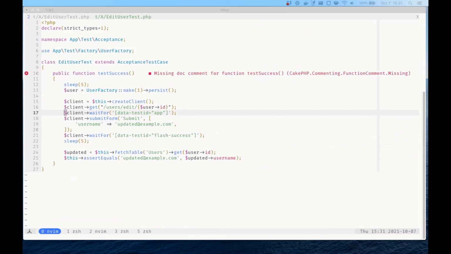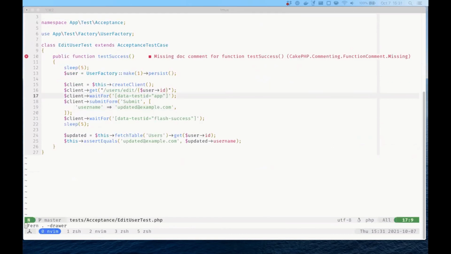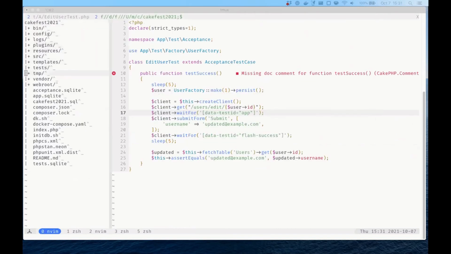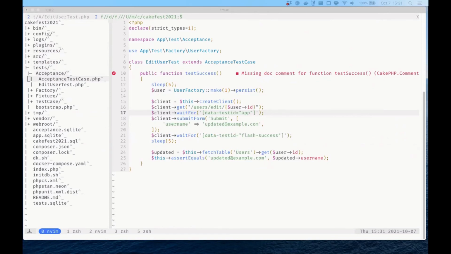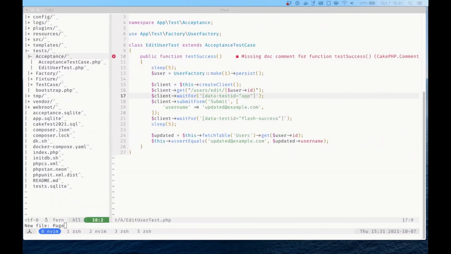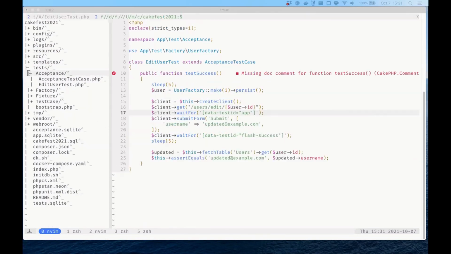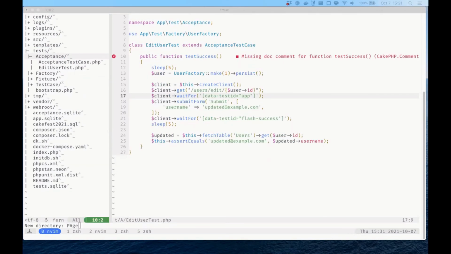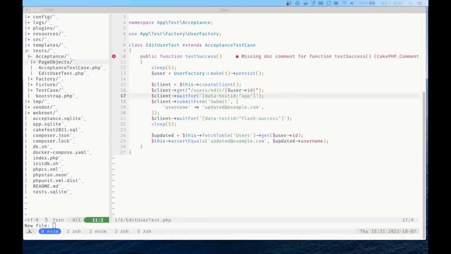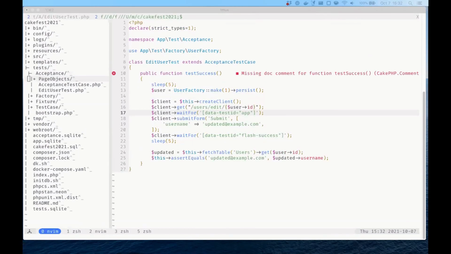And a good way to approach that is through another layer, but not quite as heavy as Gherkin. So you can create another directory. We'll call it page objects. And this is borrowing from a pattern that is used quite a bit in the Selenium community. And so you build a class that kind of,